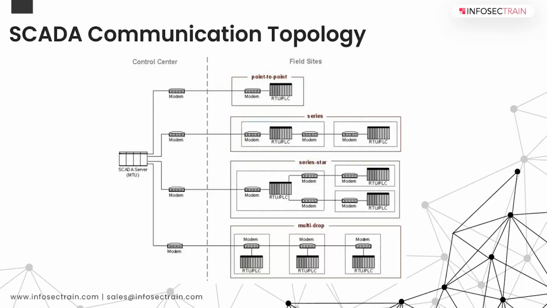So basically, point to point functionally is the simplest type. However, it is expensive because individual channels need to be connected and configured, and the channel sharing has an impact on efficiency and complexity of the SCADA operations. Similarly, the series star and multi-drop configurations use one channel per device, which results in decreased efficiency and increased system complexity because the number of channels again are increased.